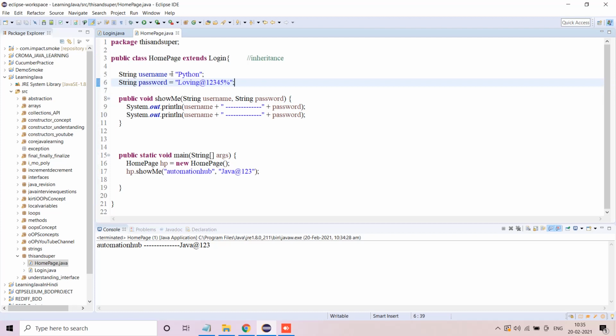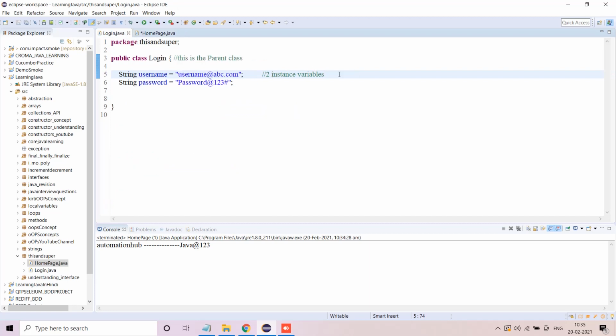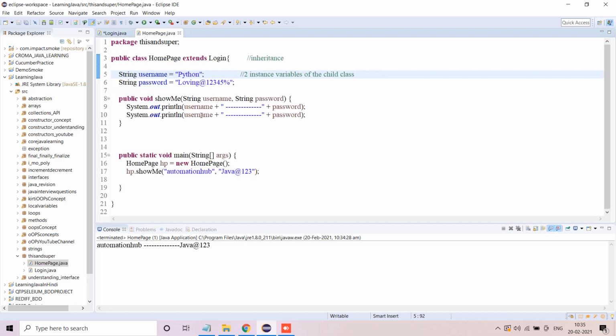So I've also declared two instance variables of the child class, and this was two instance variables of the parent class. That's it. So now if I have to call these two things, and this is what we are in the current class, that is we are in the child class.